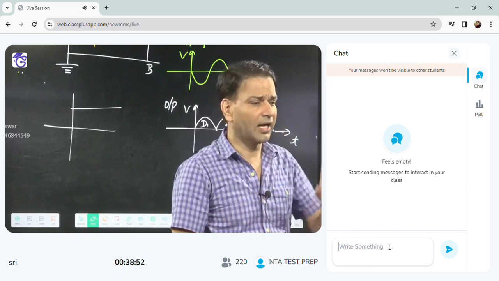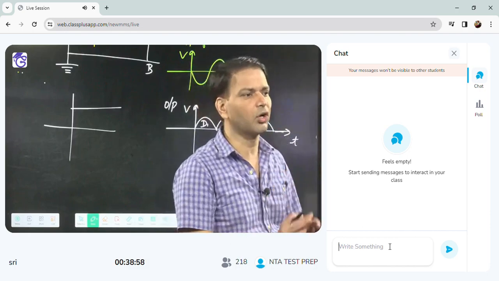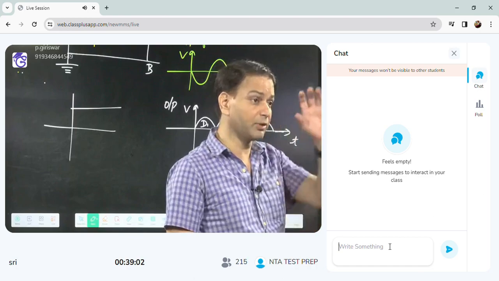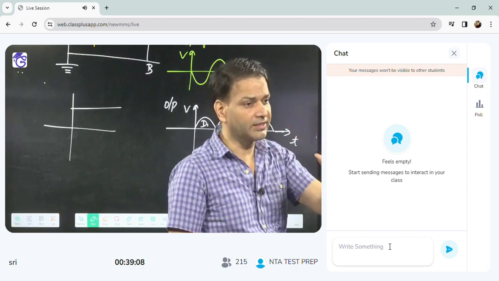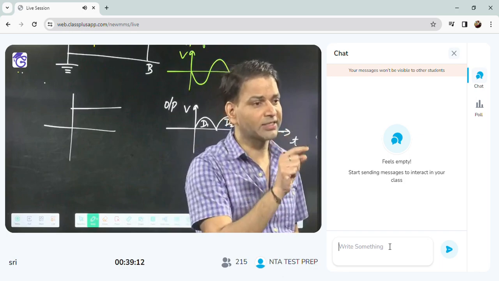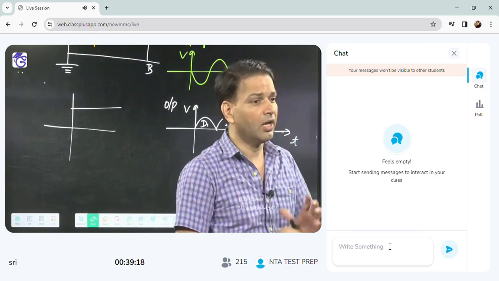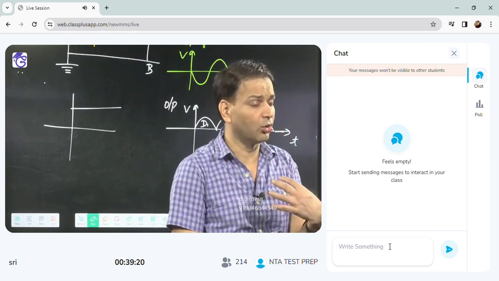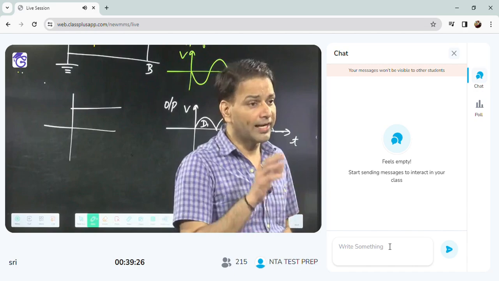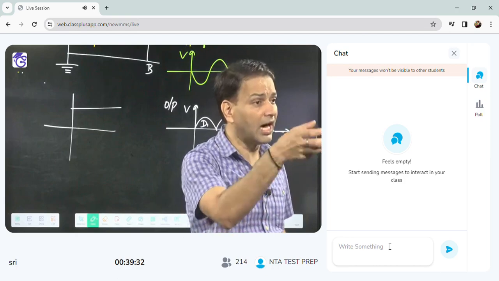An easy way we can understand why we are using this. Just imagine suppose you have a constant DC. Constant DC means frequency is zero. That maybe you have learned in alternating current. Constant DC, frequency is zero. So when the frequency is zero, then capacitive reactance Xc is equal to 1 upon 2 pi f c. When DC frequency is zero, capacitive reactance will be infinite. It means for a constant DC, the capacitor will offer a large reactance.